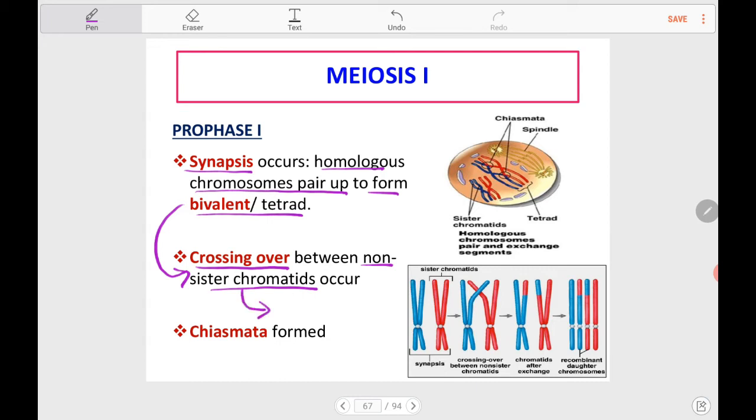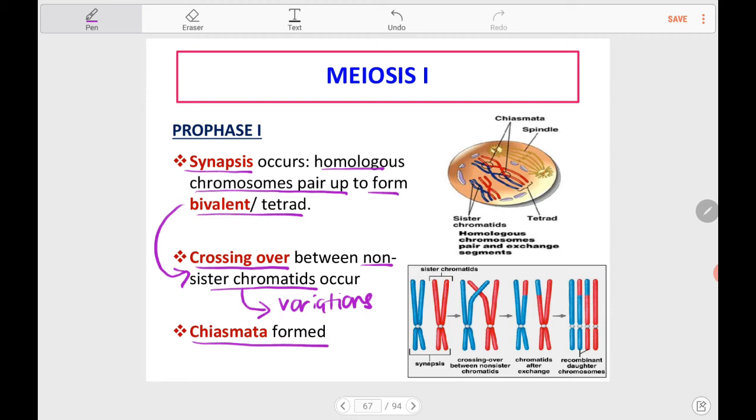this is why there will be variations in terms of the genetic material between the 4 daughter cells produced after meiosis has completed. So since there is crossing over, there will be also chiasmata formed. So synapsis is the most important process which occurred during prophase 1 that will define the outcome of meiosis in